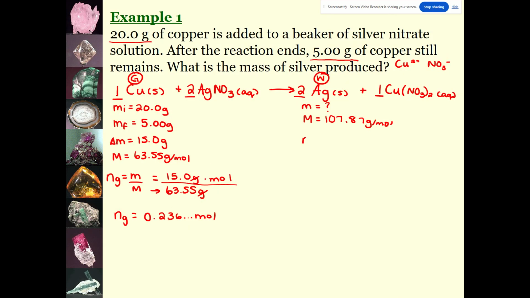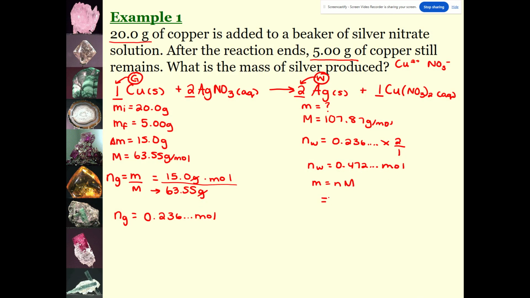which is to find the moles of my wanted. 0.236, so on, times wanted over given. In front of my wanted, there's a 2. In front of my given, there's a 1. Okay? So multiply by 2 over 1. The moles of my wanted is therefore 0.472, so on. Now I'm looking for the mass of my wanted, which I can find with moles times molar